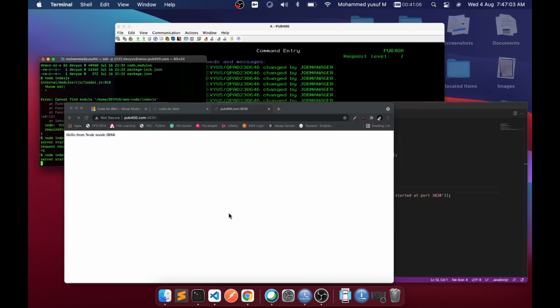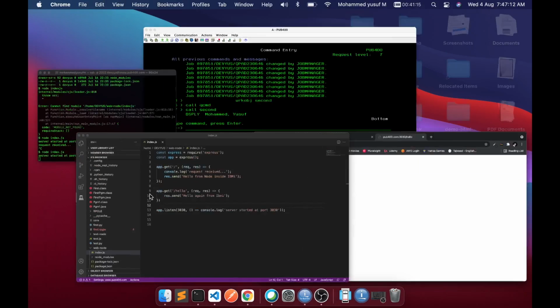Okay, and then if you come to the browser and then look for the hello route, and we see hello again from IBM i. So the workflow is now very cool, right?